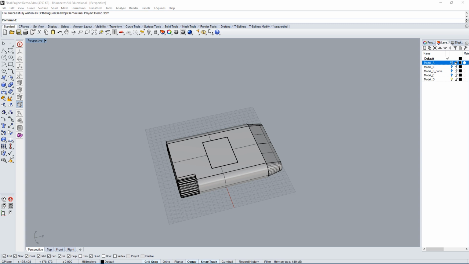So there's a lot that can change from the original sketch or the design intent as you're modeling. And so I just wanted to mention that because as you're modeling, you may end up with a model that doesn't fit the minimum requirement that we're asking for this final assignment.